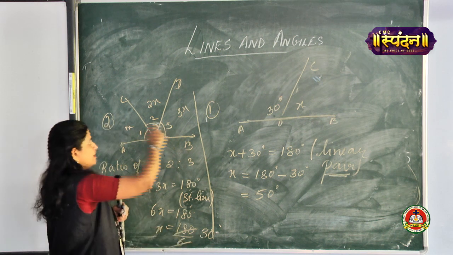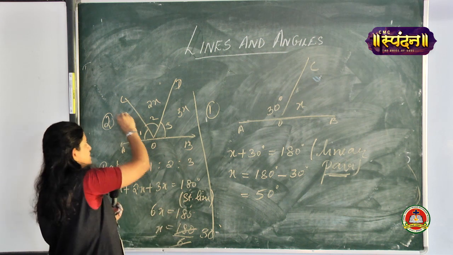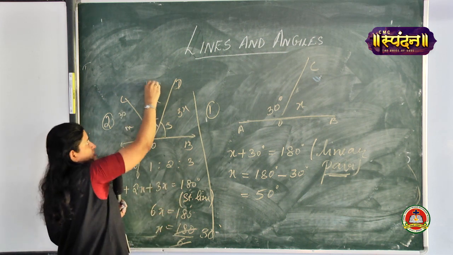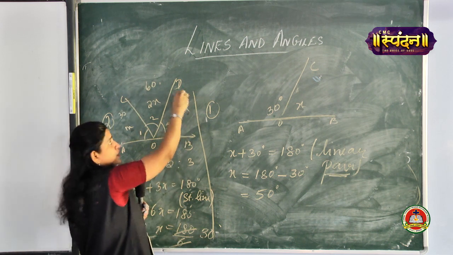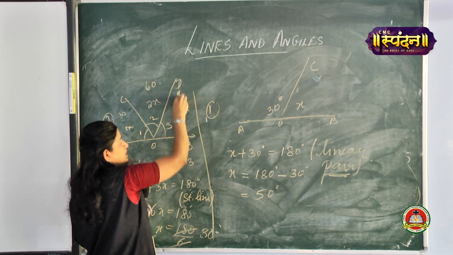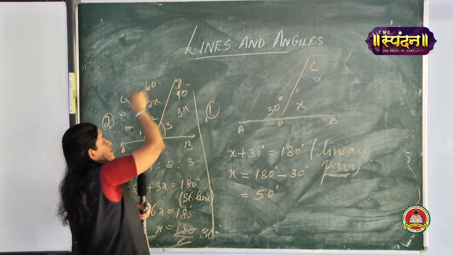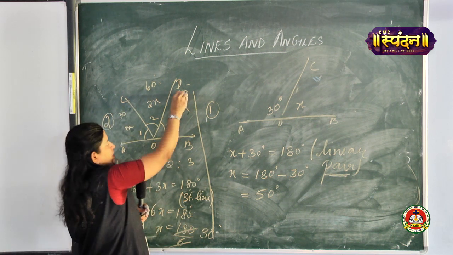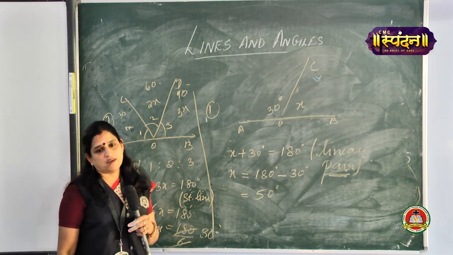Again, you should not leave the answer as it is over here. I have to put the value of x over here. So what is my first angle? X is 30 degree. Second, 2 into x is 2 into 30, 60 degree. Third, 3 into x is 3 into 30, which is equal to 90 degree. Now if I add these three angles, let me check whether I am getting 180 degree. 90 plus 60 plus 30 gives you 180 degree.